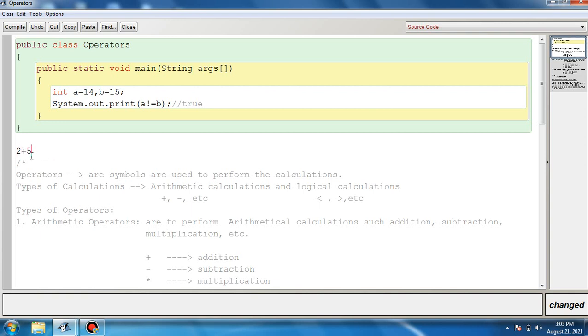Operand means the variable that holds the value, or the value on either side of the operator, like 2 plus 5. Here 2 is an operand and 5 is an operand, the values that we want to operate on, and the plus symbol tells what type of operation we are going to perform, like adding numbers. So 2 plus 5 is definitely 7. The values are called operands, where plus is an operator that tells what type of arithmetic operation you want to perform. Here we are going to perform a relational operation, comparing two values, checking non-equality, and this relational operator returns true or false. So this is also an expression, a small expression, with two operands and this operator.